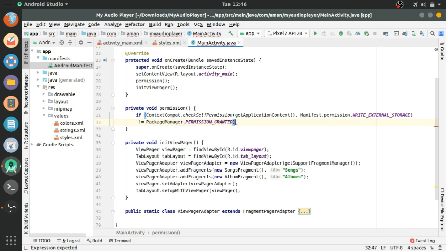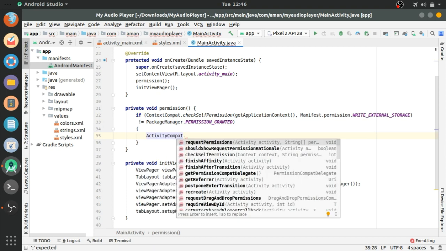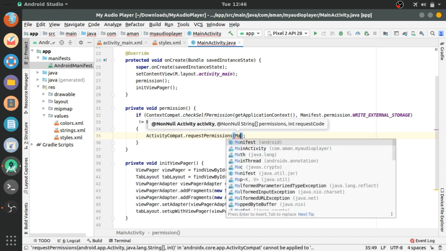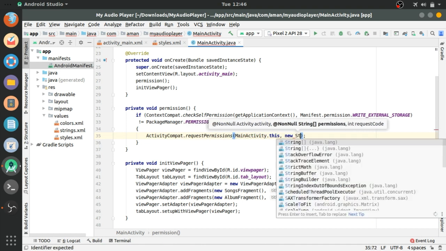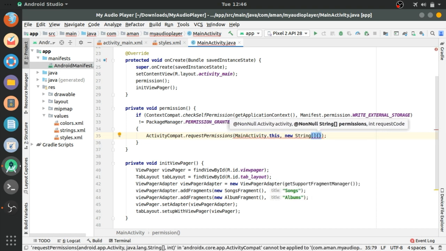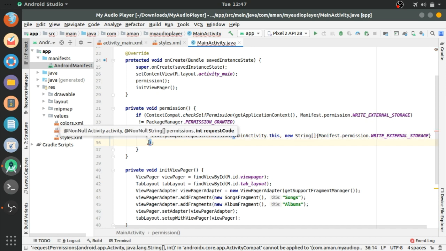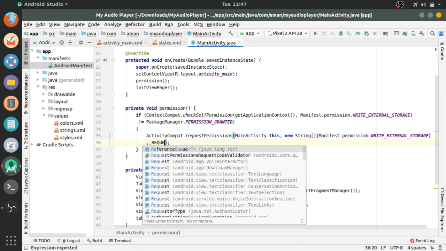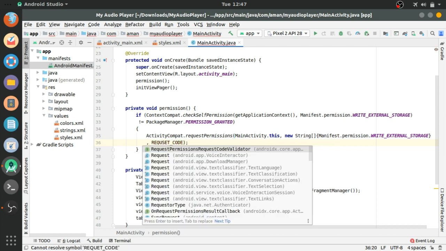If it is not equal to PackageManager.PERMISSION_GRANTED, it will request permission in this activity, MainActivity.this, new String, where the string is Manifest.permission.WRITE_EXTERNAL_STORAGE, and we will pass an int request code.